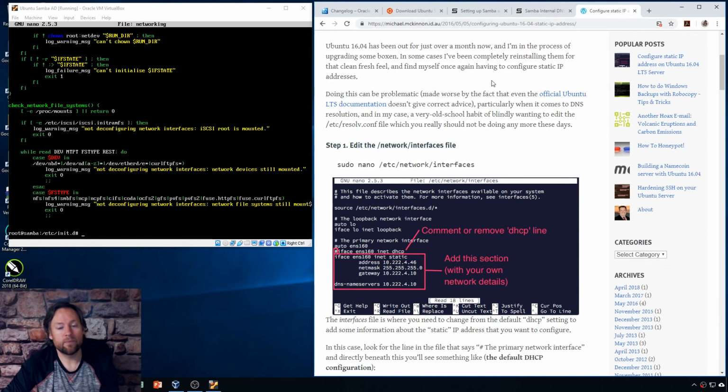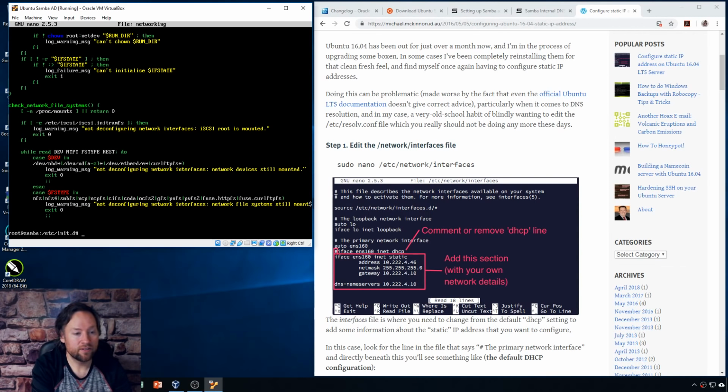Sadly, I know a lot of people that instead of that quick Google search would text me or email me and say, hey, do you know how to set a static IP address in Ubuntu server? What? You can find it out for yourself. It's probably been answered a million times or more. So anyway,